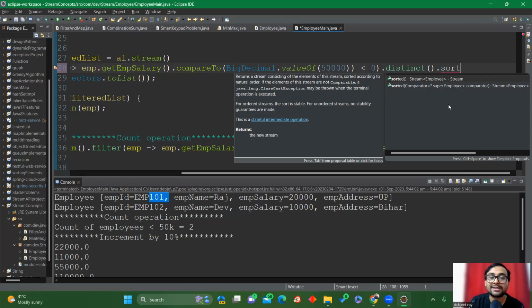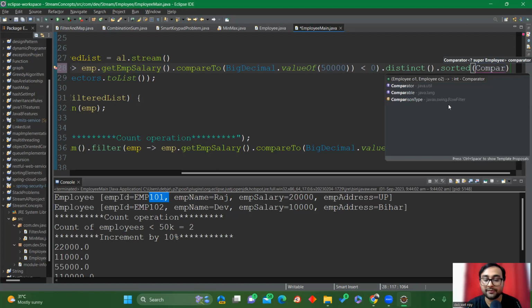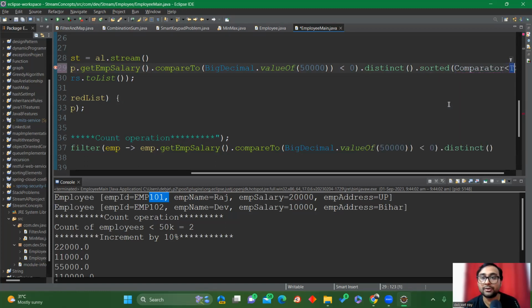But here we will not use sorted normally, because we do not need the default natural sorting order. We will sort based on the salary. So for that, we will opt for the second one, the comparator. We will write comparator type data. How can we compare? We will make use of the Comparator interface present in the java.util package,